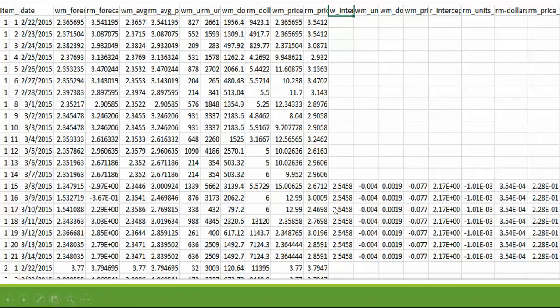Now these are my coefficients which are computed, and these are particular to an item. We've restricted ourselves to 10 items, and for these 10 items we've run a regression model, and we have a bunch of coefficients for each of the 10 items. We are storing this in flat JSON files, and we'll be using this to compute the next 1 week's forecasted prices for each of the items.